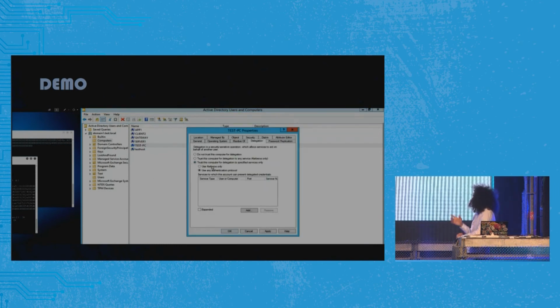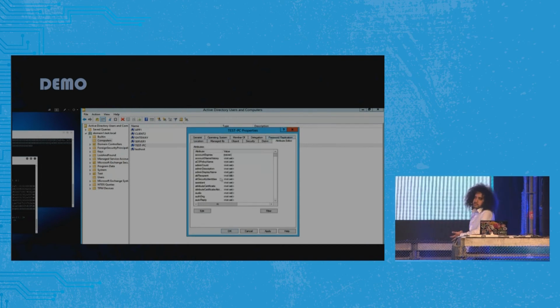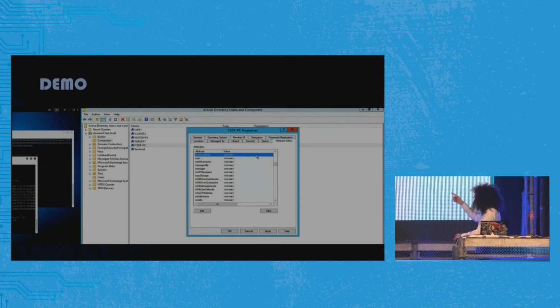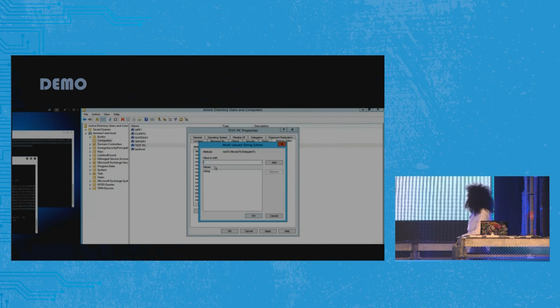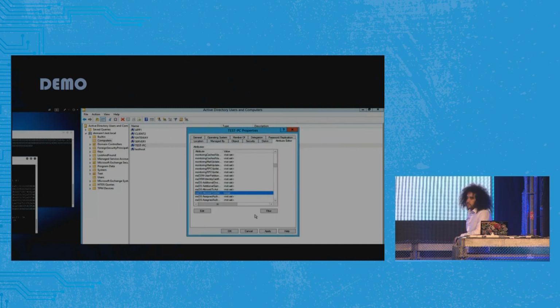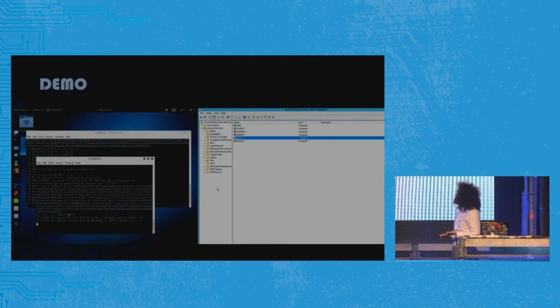So having a look at the delegation, now this computer account can delegate to any service. And in this case, we changed it to delegate to krbtgt, as you can see here right now. OK? So this machine can delegate on behalf of any user to the krbtgt, meaning that you can ask this machine to have tickets on behalf of domain admin and use these privileges to access whatever